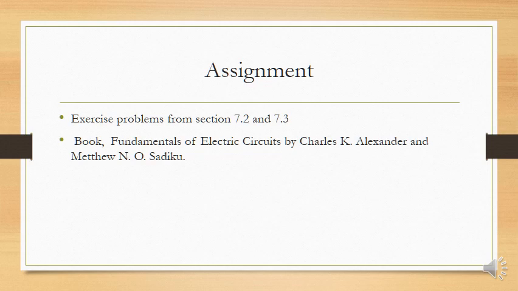Now at the end of these two topics, you are going to solve all the problems, all the examples related to these two which I have solved for you in your book chapter number 7, or if you are following any other edition, you can see the chapter for first order circuits. You have to cover the two sections of your exercise, section number 7.2 and section number 7.3 from the Fundamentals of Electric Circuits by Alexander, and these are all your assignment. Thank you.